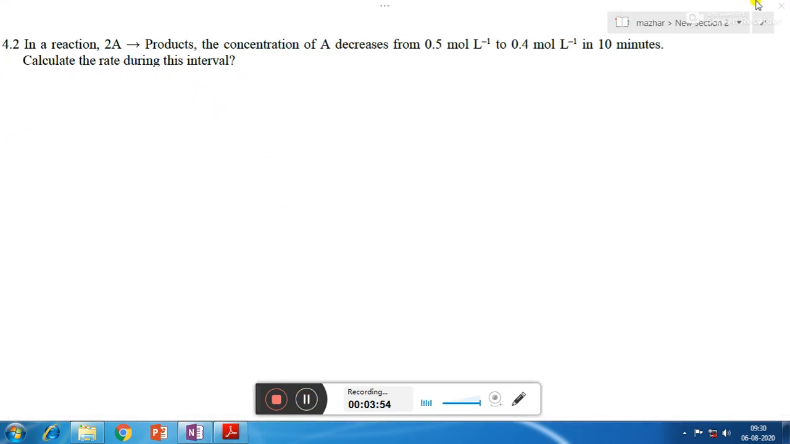Now in-text 4.2 is, in the reaction 2A gives products, the concentration of A decreases from 0.5 mole per liter to 0.4 mole per liter in 10 minutes. Calculate the rate during this interval. So here we will see that average rate of reaction is equal to, now here we are having 2 moles of A, now A is the reactant, so there is a decrease in concentration of reactant, so we will write minus, then we will write delta A by delta T,